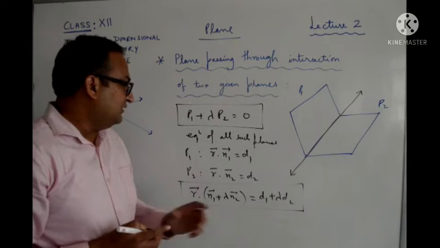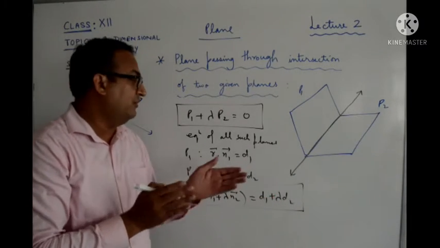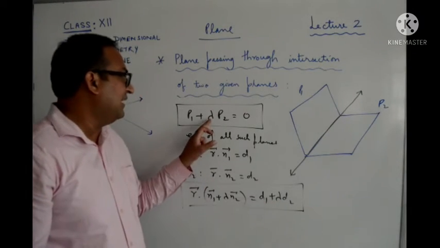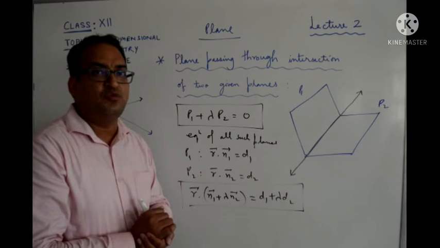Right, and the value of this lambda will determine that unique plane. So we have a family of planes. By changing the value of this lambda we will have different planes passing through the intersection of the two planes P1